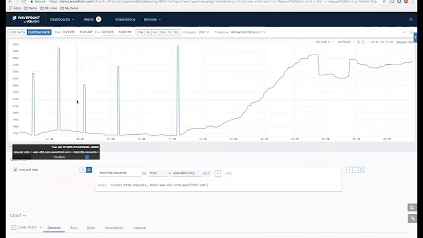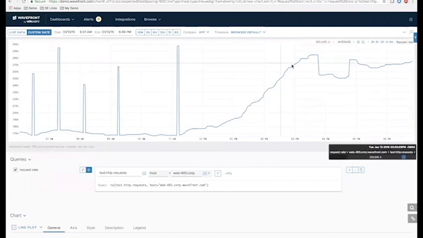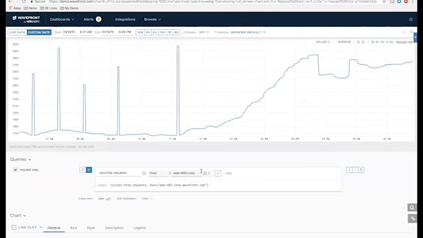Well, I don't know about you guys, but if I get 5, 6 different notifications before the actual big one over here, I'm going to ignore them by the second one. So the first problem we have here is how do we get rid of the fake alerts, the things that resolve themselves pretty quickly? Well, down here we have this query builder. This allows me to do things like filter out information, which is what we're doing here on host,